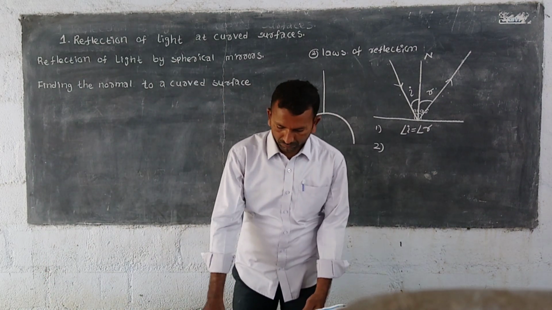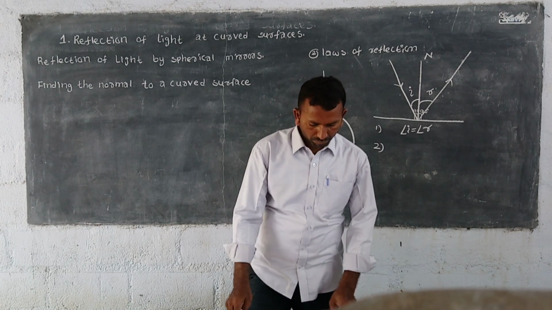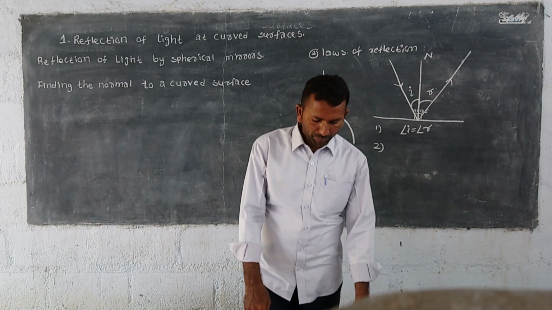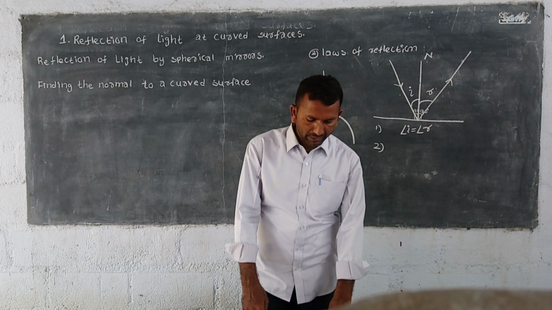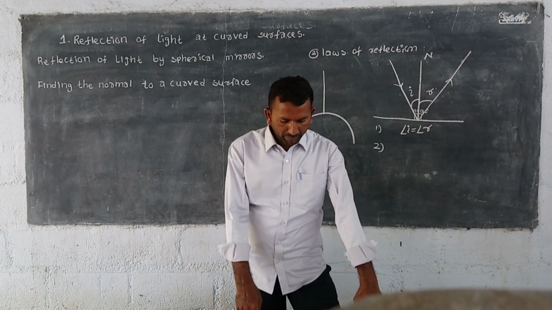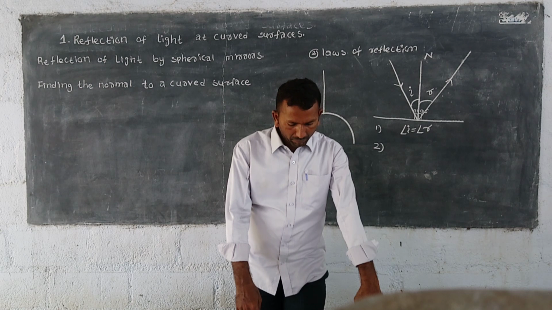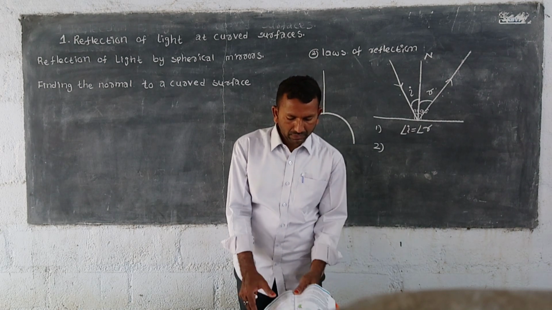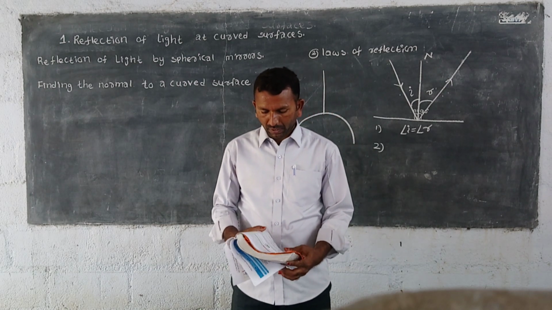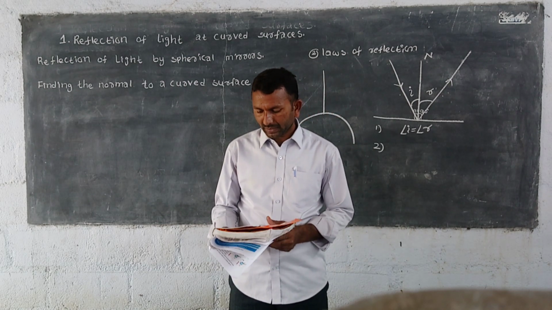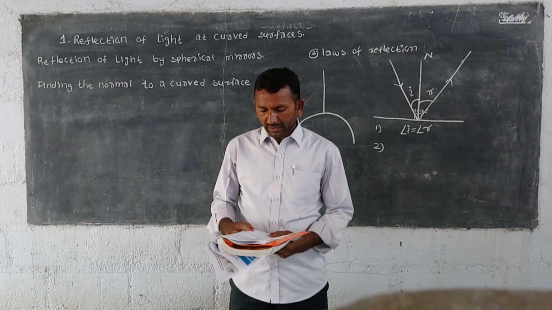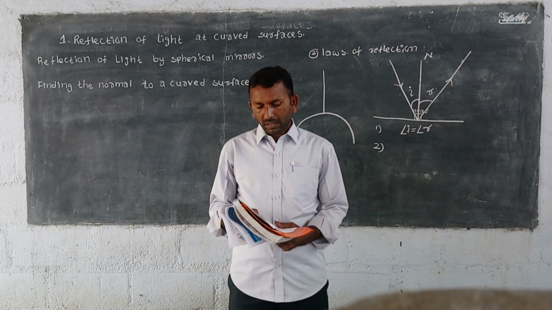So look at the book. Take a small piece of thin foam or a rubber like the sole of a slipper. Put some pins along a straight line on the foam as shown in the figure. All the pins are perpendicular to the plane of the foam. The foam is considered as a mirror. Each pin would represent the normal at that point. Any ray incident at the point where the pin makes contact with the surface will reflect with the same angle as the incident ray made with the pin normal.